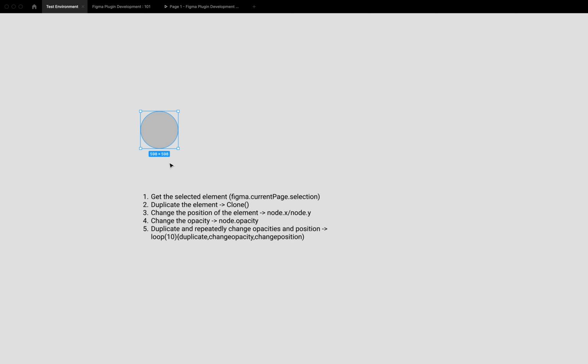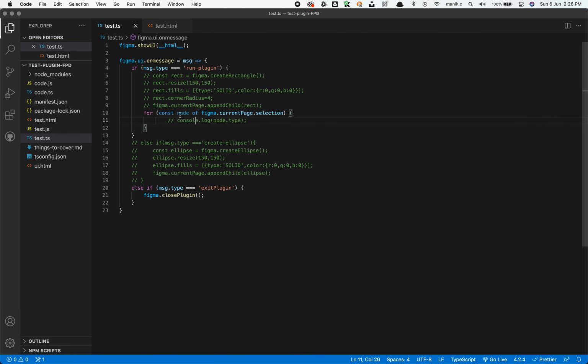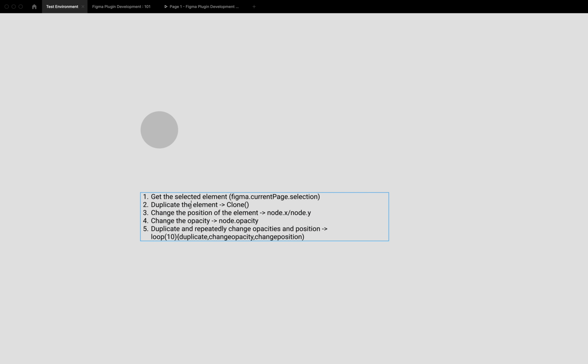Like we need to get the user selected node over here. So if you remember, we already have it in our VS Code over here, which is constant node of figma.constraint.selection. So we are already getting it in this node array over here. Now the second step is we need to duplicate this element which we are getting by this